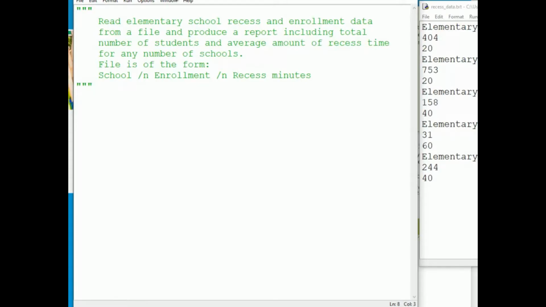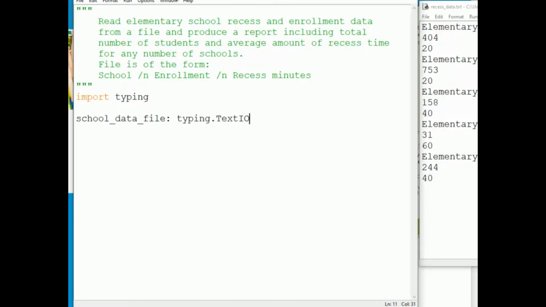And then we're going to annotate our variables. Remember, in this first pass, we're going to open the file and read from it, so we'll need to annotate a variable for the file reference variable. To do that, we'll need to import typing at the top under the docstring, which gives us some additional types that we can use for variable annotations. And we'll declare a file reference variable called school data file of type